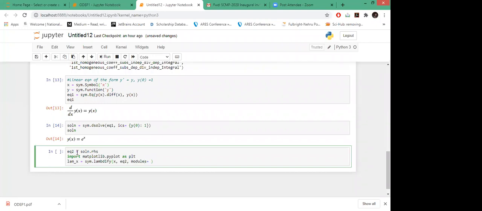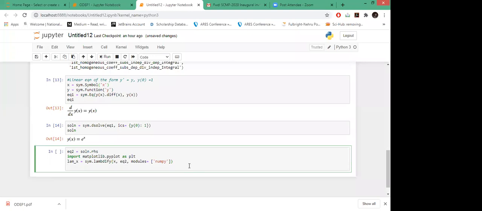In which module do I want to convert? For plotting, I want it in the NumPy format. So this is the function I'm calling. I'll be passing the values of x, and based on that, I'll get the values corresponding to e to the power x, in NumPy form.